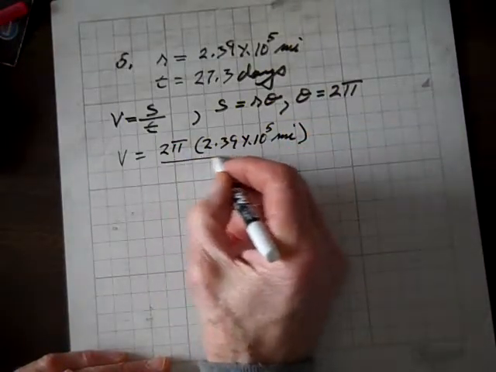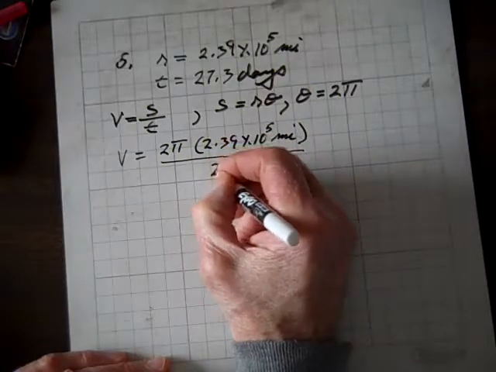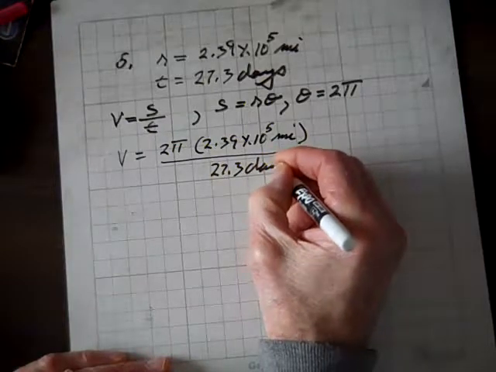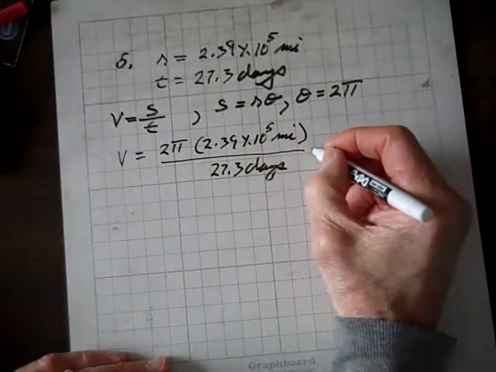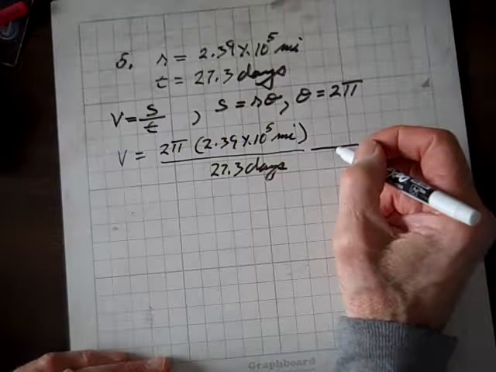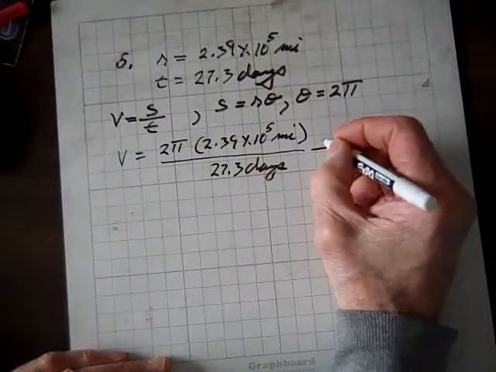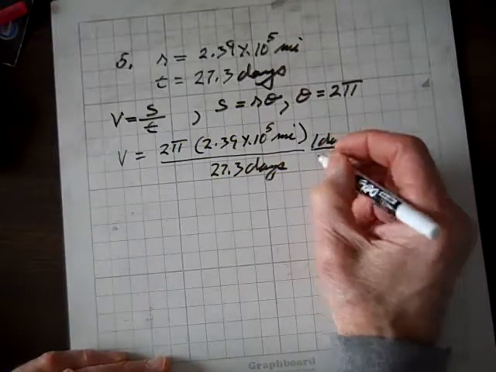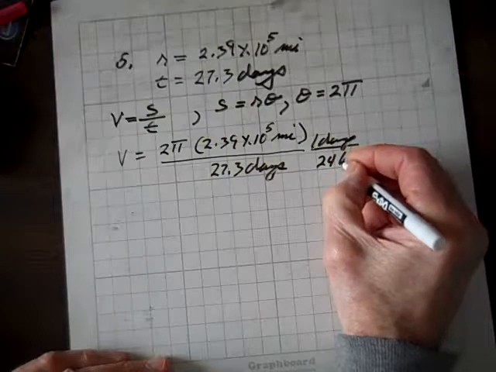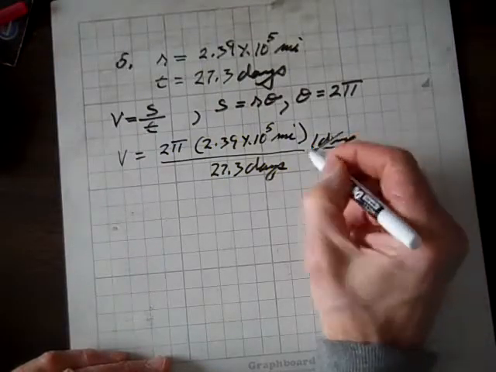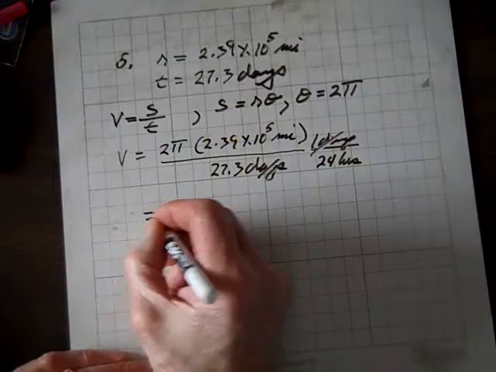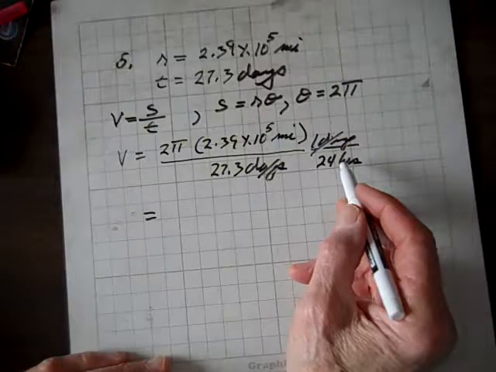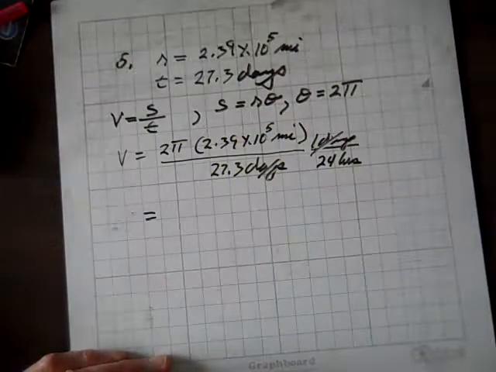divided by 27.3 days. And now we've got to convert days, because we have to write this answer in miles per hour, so we have to convert days to hours. So there's 1 day per 24 hours. Now the days divide out, and when we compute this product and then carry out the division, what we wind up with is